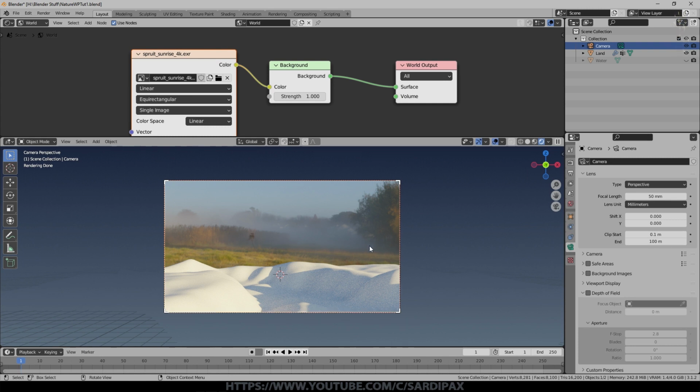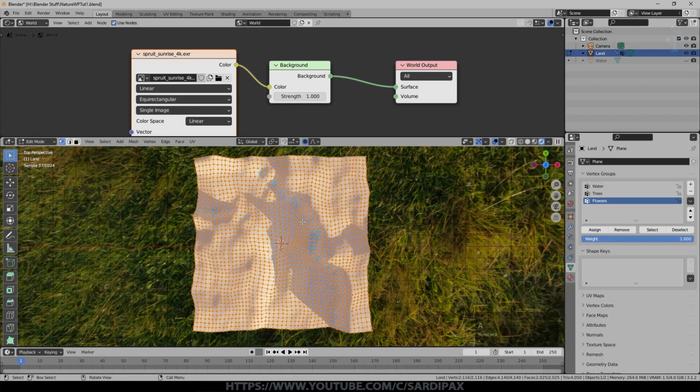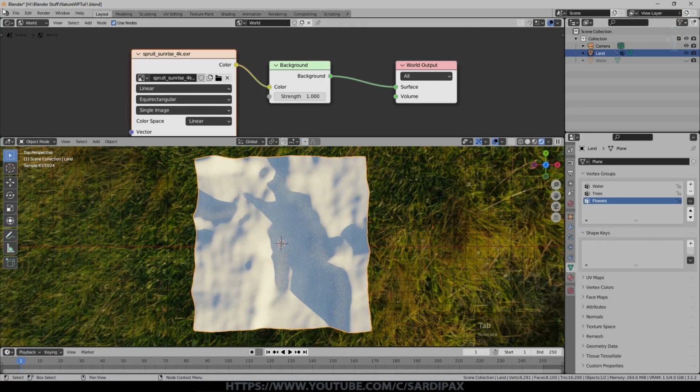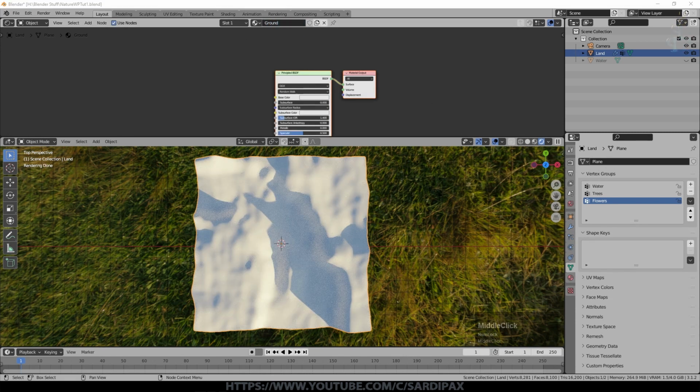So that's good. So the next thing, we'll look from above, go into edit mode, select everything and just say unwrap. It's still a fairly simple plane, so it should unwrap fine. Come out of edit mode and we'll go to object shader now and we'll say new and we'll call this ground. And I did a slightly more complicated shader setup with this one just to minimize issues with tiling, but we'll work through that as we go.